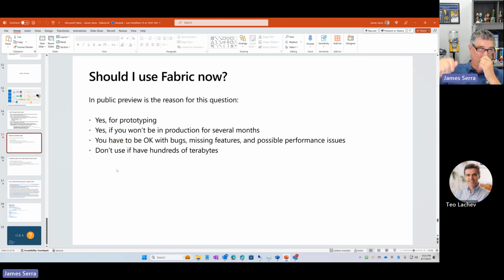And very importantly, I forgot to mention, I think next week they are going to publish a roadmap for Fabric, like they have with Power BI. You know, you have that section of what's in Power BI and the roadmap of what's coming. They're going to add the Fabric stuff. So they're going to be a lot more transparent of what they're doing in Fabric and when things are going